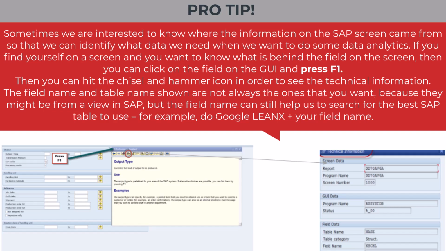What you can do is go into an SAP screen where you've got the thing that you want to analyze, that might be cost center or payment terms or something to do with pricing, and you want to know where that information comes from, which table it is in. Then you can press F1 for help, click on the little hammer, and see what data it is based on. That's a really useful tip if you're a geek like me, doing data analytics on SAP and you just want to find out where that data is.